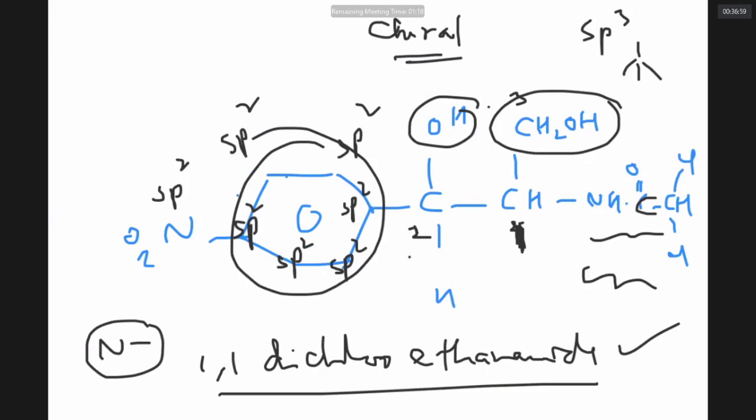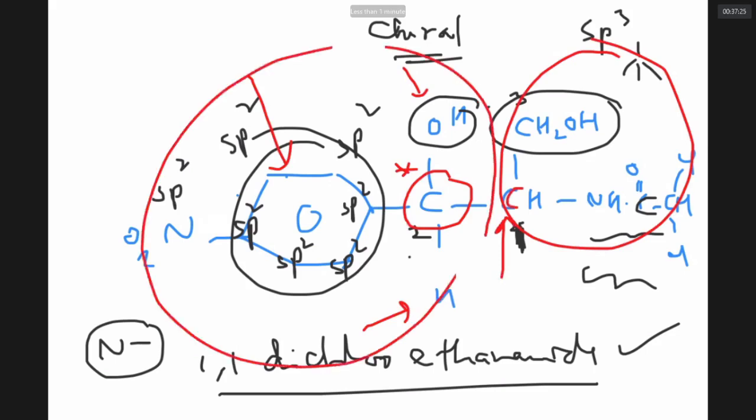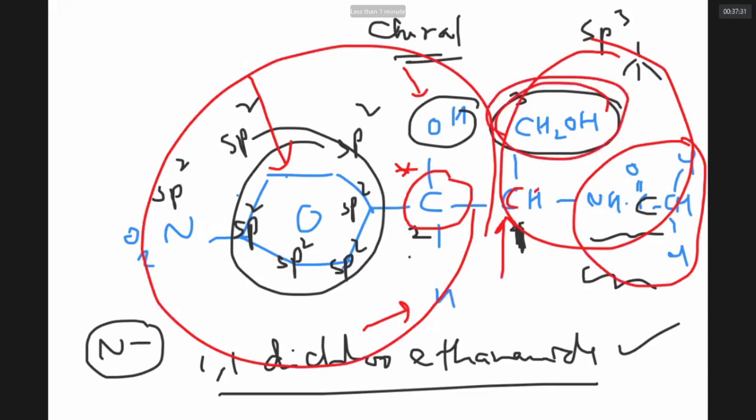To be chiral, the carbon must be locked to 4 different groups. You can clearly see that this carbon is locked to 4 different groups: one is OH, one is nitrophenyl, one is hydrogen, one is this bulky group. So this carbon is chiral. What about this carbon? One side this amido group, one side CH2OH, one side H, and one side the other group. All are different. So how many chiral carbons? 2.